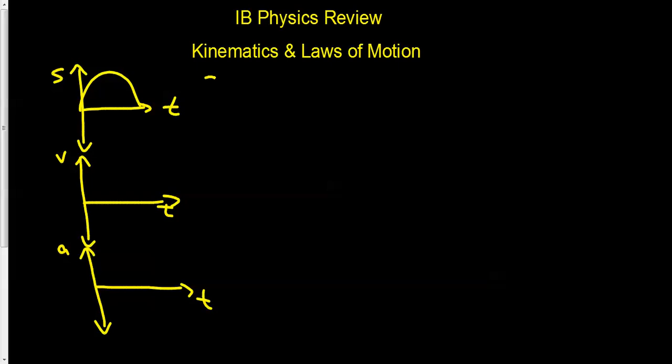Well, since we know that the slope of this graph, which is really a change in position divided by a change in time, is the definition of velocity, what we can do is take a look at the slope of this graph to get an idea of the velocity. So I'm going to draw in some tangent lines to aid in that